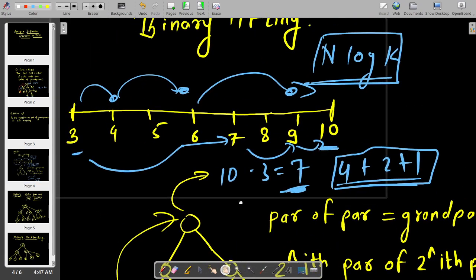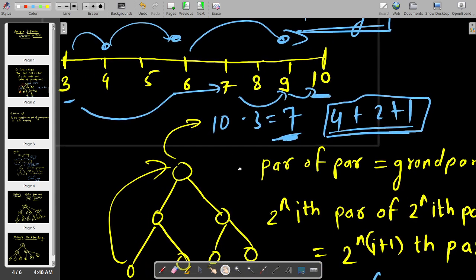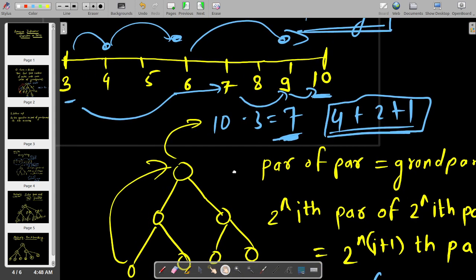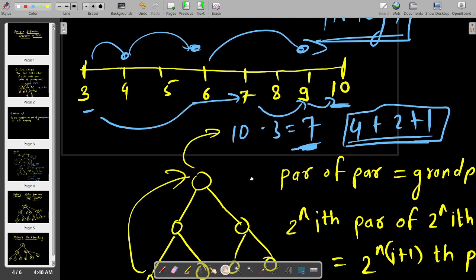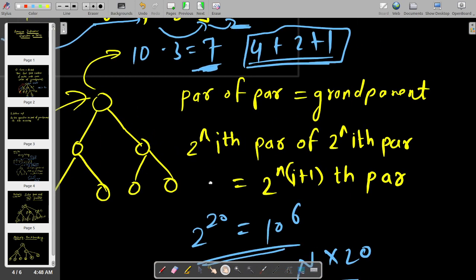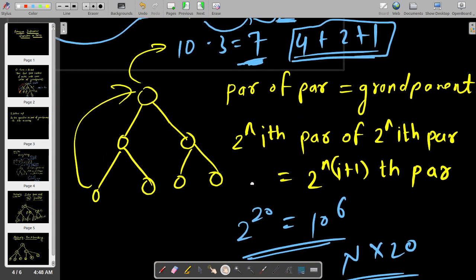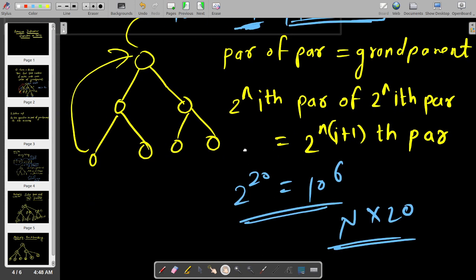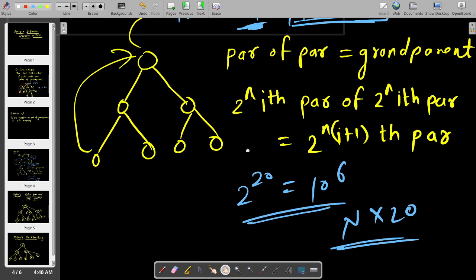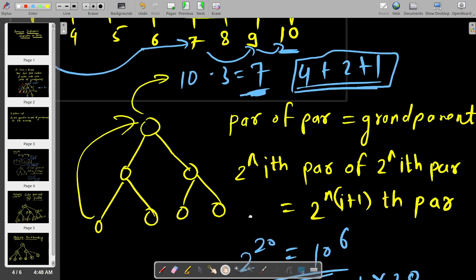And when we jump in powers of 2, there are at most log n steps, so that's why it's useful. So in n log k we could find the kth ancestor, correct? And this is the method, I will also link the blog where I have explained the binary lifting concept very clearly with the code, so it would be more helpful to you.